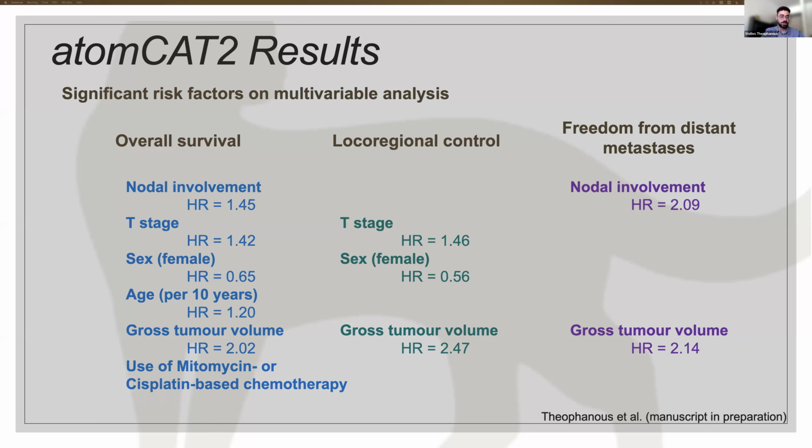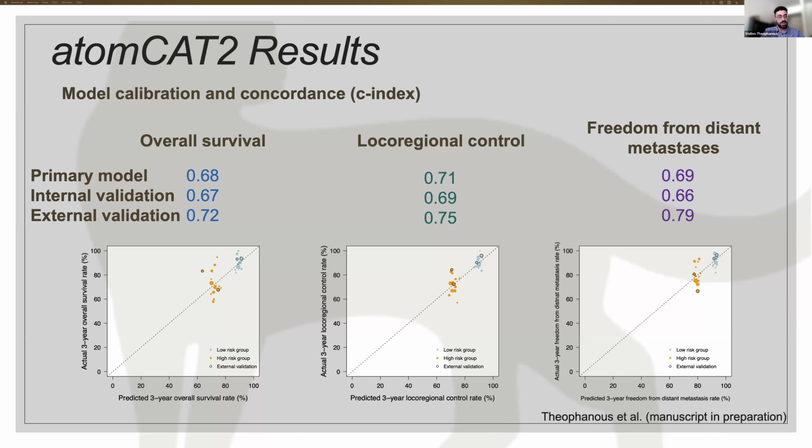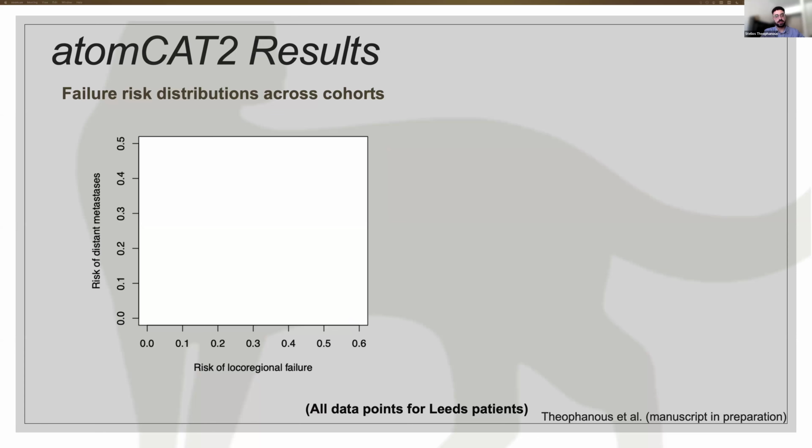across the 3 outcomes. In terms of the performance of the models, they appear to be performing quite well, both when internally validated as well as externally validated. And these calibration graphs also show that the model can stratify patients into low risk and high risk groups quite well. Using the models, we can then go back to our original data sets and our local data sets and